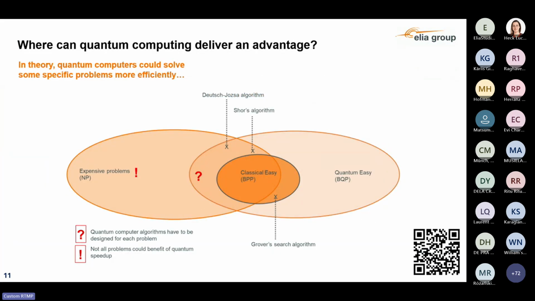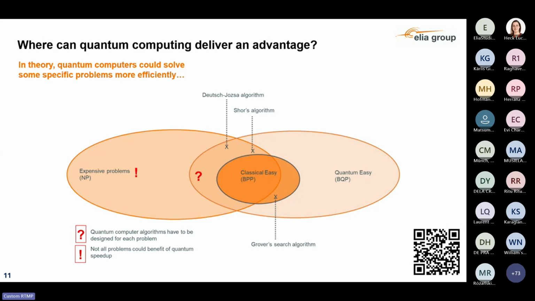Now a bit of computer science theory. I'm very sorry because this is really an overview and it's a very complex topic. But I think that what you have to understand for today's session is that in computer science you have what is called the NP-hard problems or expensive problems. This stands for non-deterministic polynomial. Those are problems that for classical computers are not going to scale well, meaning that if you give the same problem but twice as big, it will not take 2 times more to run. It might even be exponential.